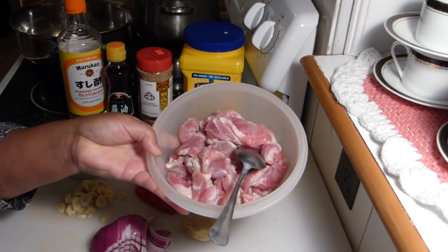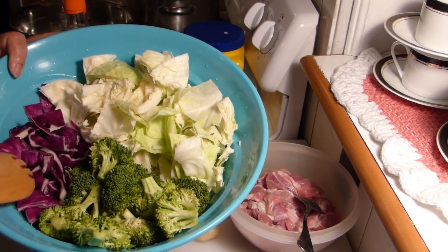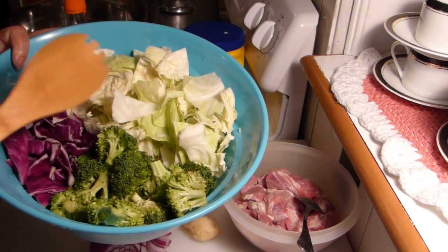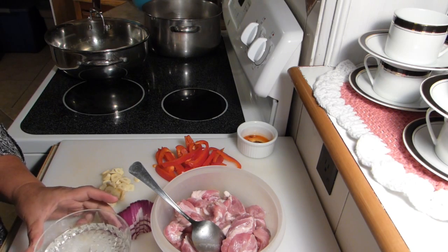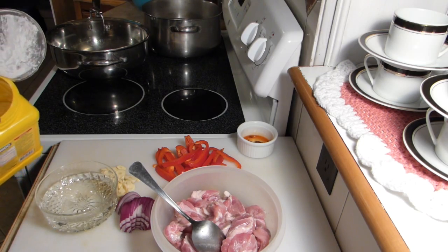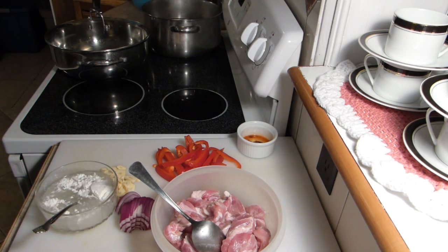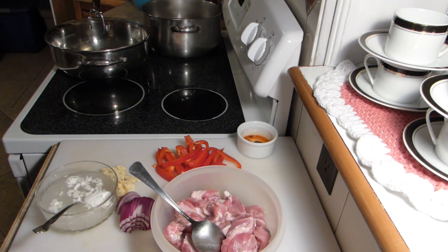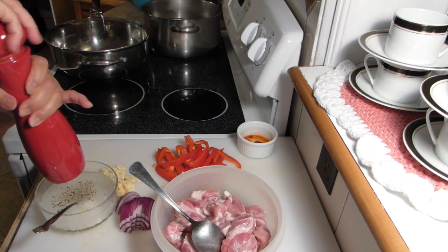Our meat will be pork, broccoli, red cabbage and green cabbage. Half a teaspoon on the water. With this water, I'm going to add about a tablespoon of cornstarch, we are going to put a little bit of salt and some black pepper,